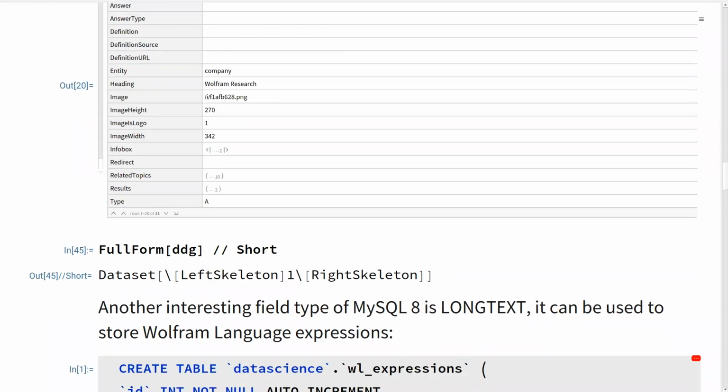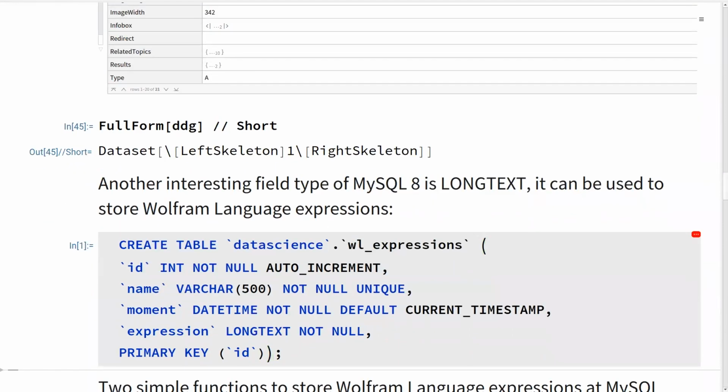And so using this long text field, all the databases have something like that, as opposed to the traditional varchar. This kind of field, I can save there a big text file, big text information. They have the binary version that's blob, but I am using here the text version.